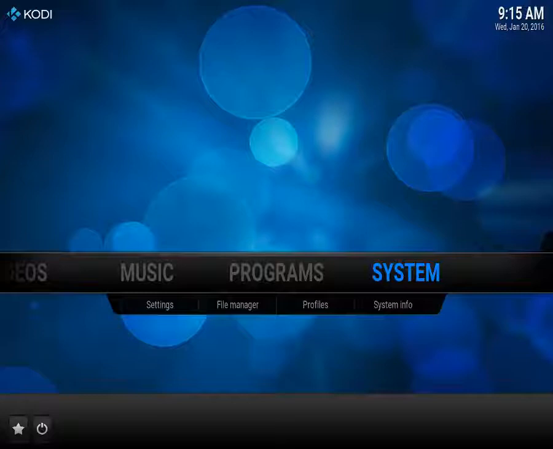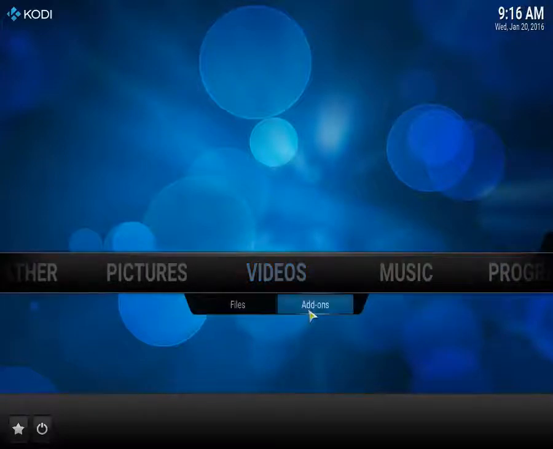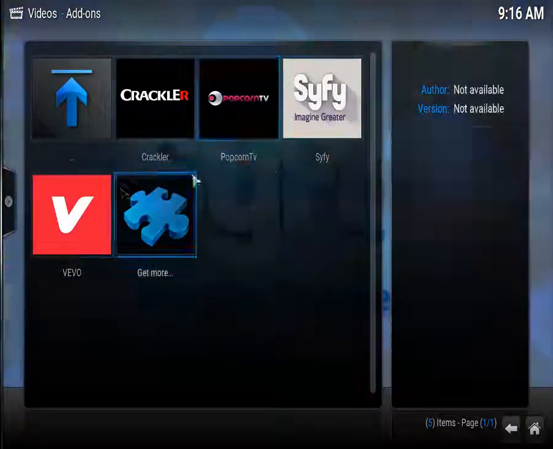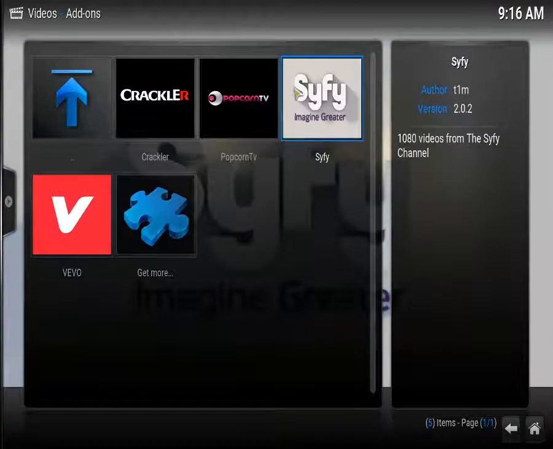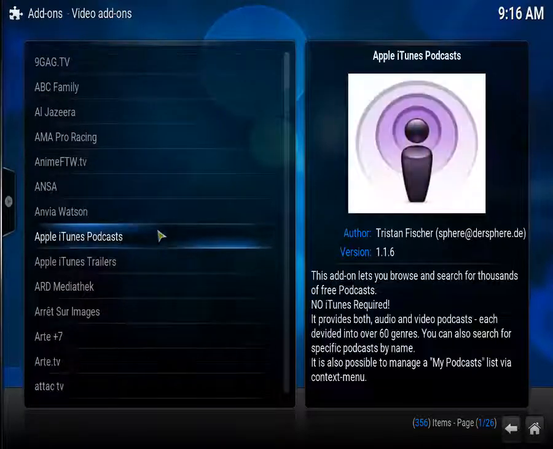So now in Kodi you do have these add-ons that are now available. Problem is now you still have to go and enable those add-ons. So if we go over to video add-ons, like I said, these are the ones that we installed the other day, straight from the default Kodi install, but we're going to get more. So let's hit get more. All right, now the list not only has the default Kodi add-ons, it also will have add-ons that